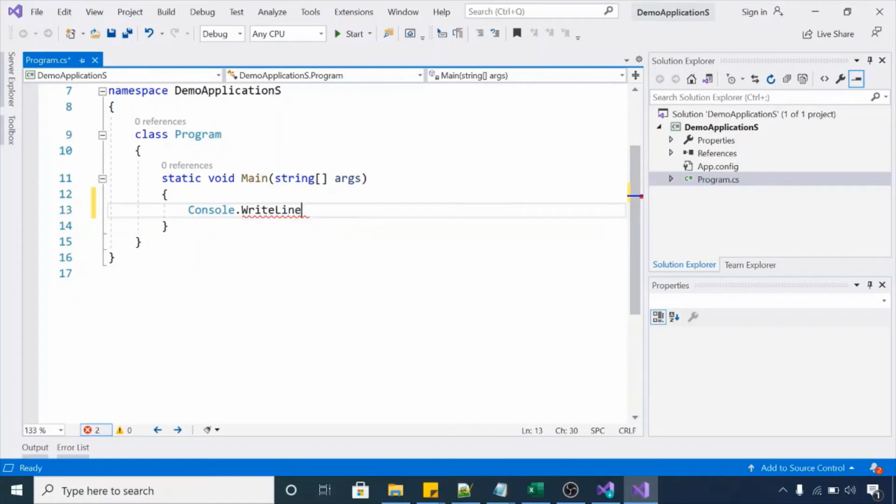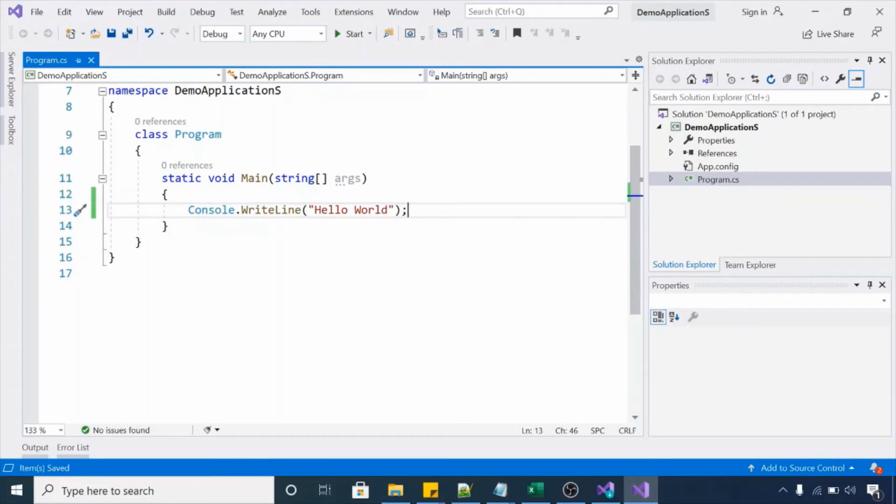So let me use WriteLine, and let me give some text, Hello World, and put a semicolon at the end. Now our first demo is completed. We created one console application. In the main method we created one line printing some text on the console.